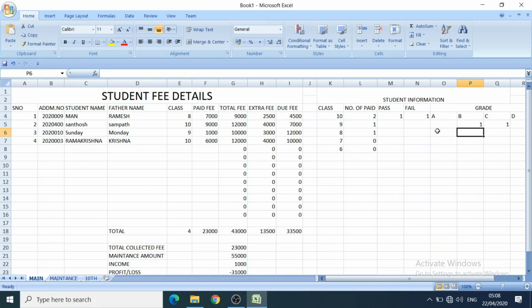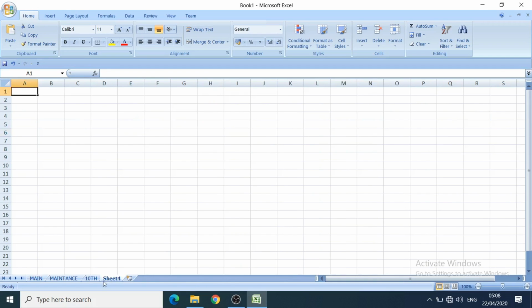Like this we have to write down. Now we can take it for 9th.